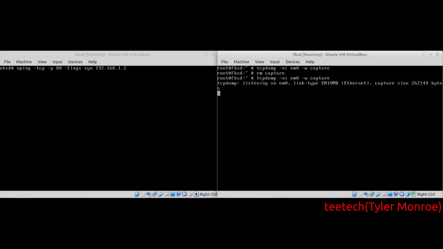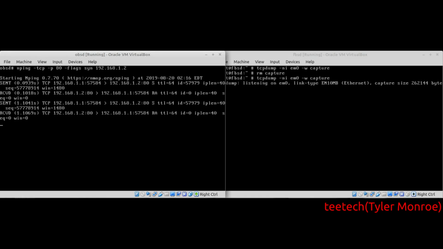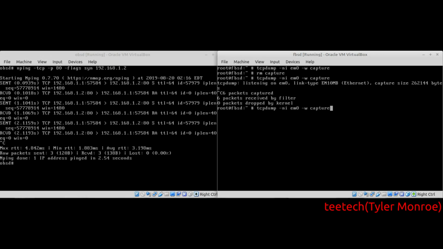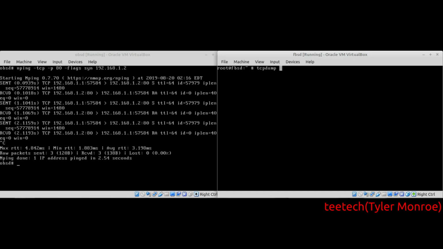There we go. If I send this, it's getting reset acknowledgements because the port is closed and TCP on this host is doing what it should. If we close the file,